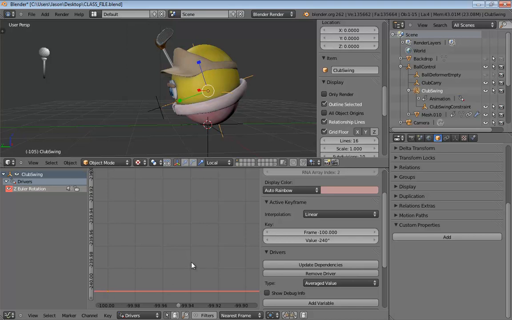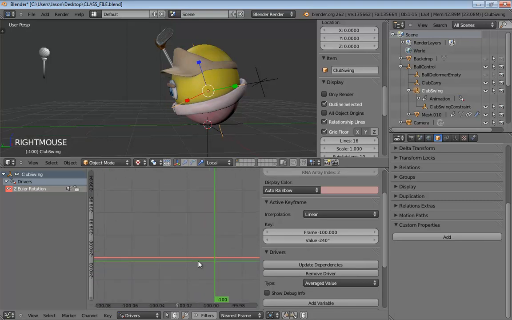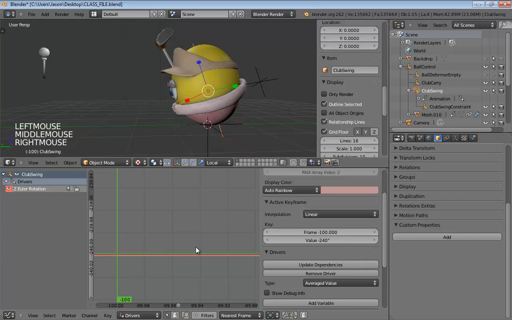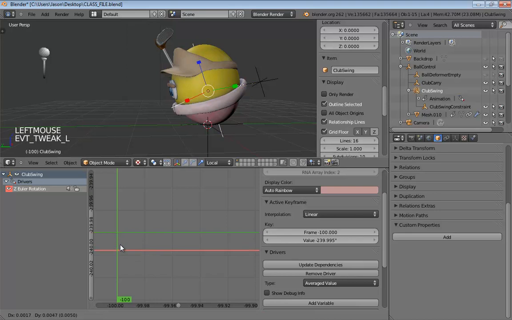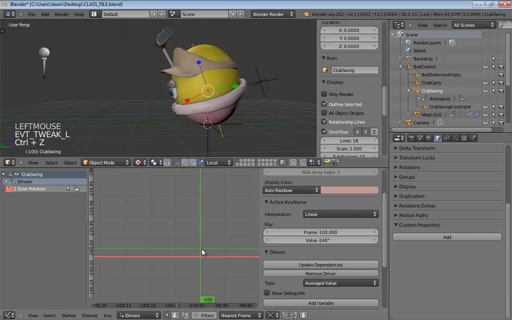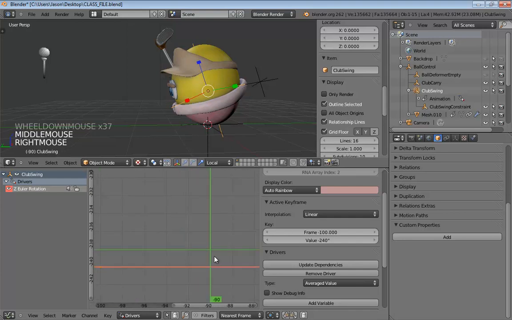We'll grab this key, Control-C, jump over here, and let's move this over. That's interesting. It's not letting me move my cursor over any further, but that's okay. Let me just see if I can paste that. It's putting them all in the same location, and I don't much care for that. Oh, I think it's because I'm zoomed in so close. That's what it is. Blender doesn't much care for the concept of sub-keys and sub-frames, so it gets a little snappy once you start zooming in really, really far. So definitely be careful of that.